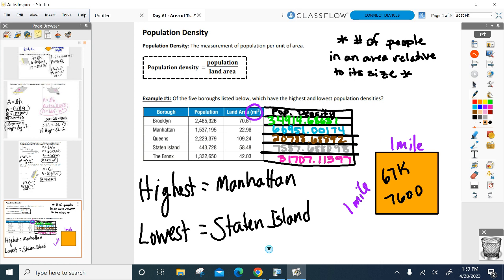Middle group? Oh, the highest is New York, lowest is Alaska. Okay. We want highest as Hawaii and then lowest is Montana. We said highest is Rhode Island, lowest is Alaska. Back group? The highest is